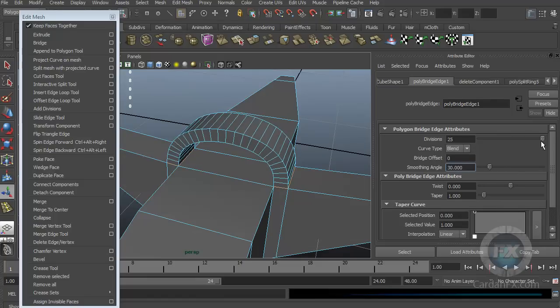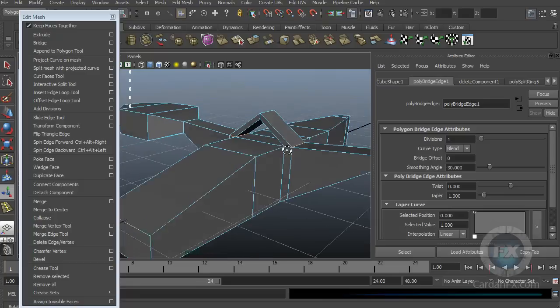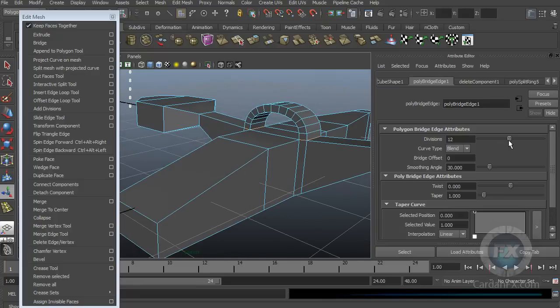Then I can change the number of divisions that I want. If I don't have a big amount of it, I will get something like this, and then if I increase the number of divisions, I will get something more smooth, and that will give me better results depending on what you are trying to create, right? Then we have the twist attribute that allows me to twist that operation, and I have the taper that allows me to make it bigger or smaller, and then probably I can use that even to make a